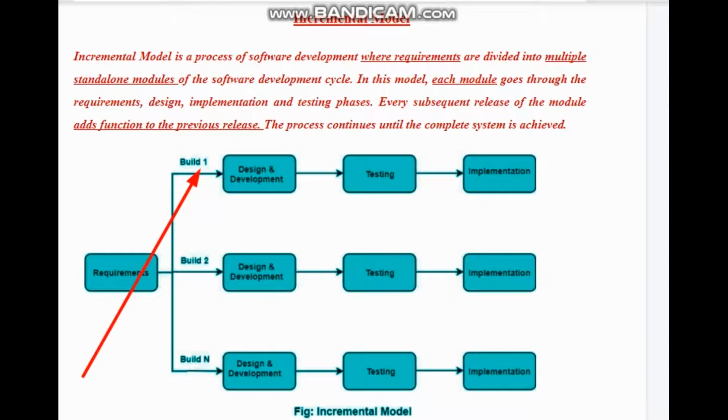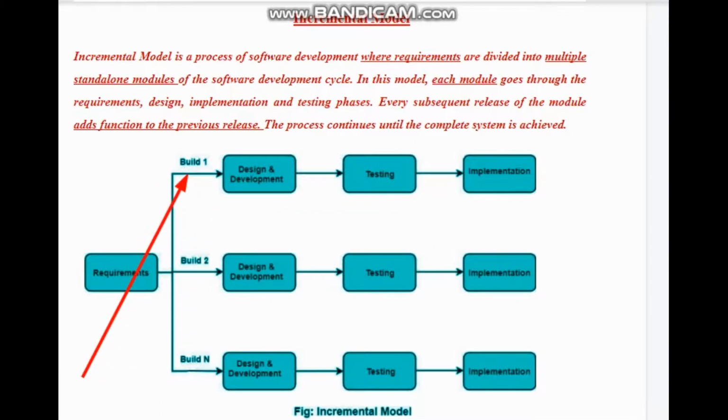In the first cycle, what happens? Each module's designing is made individually. All the modules' designing is made, development is made, testing is made on each individual module, and then implementation is nothing but integration and system testing. So all the unit testing, right? If you have n number of modules, these activities are carried out for all the modules individually. Suppose we have module 1, all these activities are carried out for module 1. Suppose we have n number of modules, so all these activities are carried out for all the other n modules,